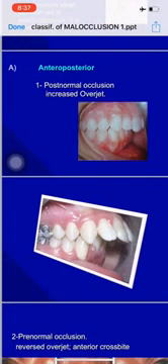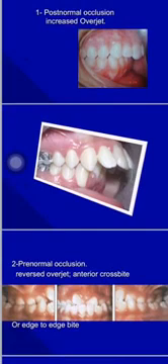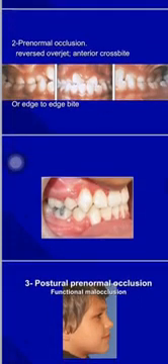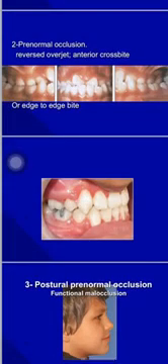Anterior posterior: post-normal occlusion, increased overjet. This increased overjet leads to the condition of malocclusion, and this is due to many causes. Now we describe the increase of the overjet which leads to the traumatic occlusion, as can be seen here in this photo. A pre-normal occlusion or edge-to-edge bite, reverse overjet, anterior cross bite, and this leads to another type of malocclusion